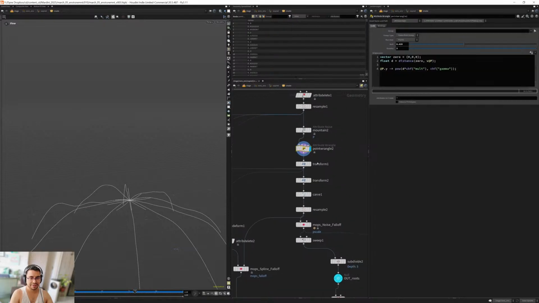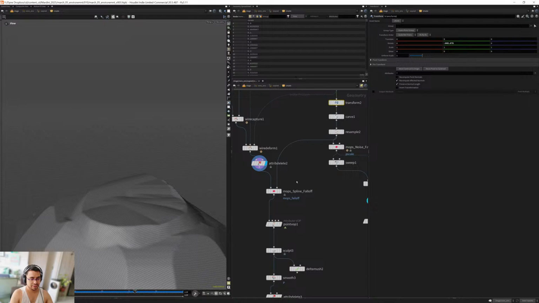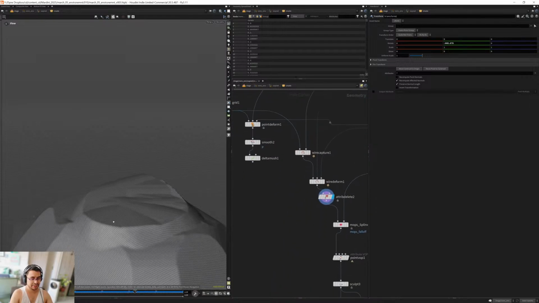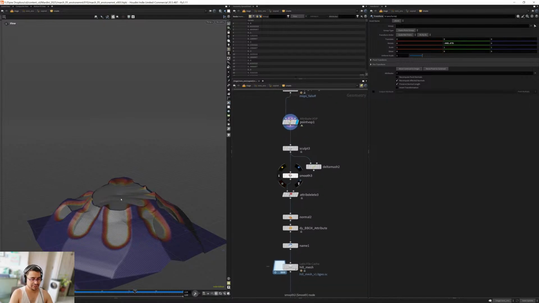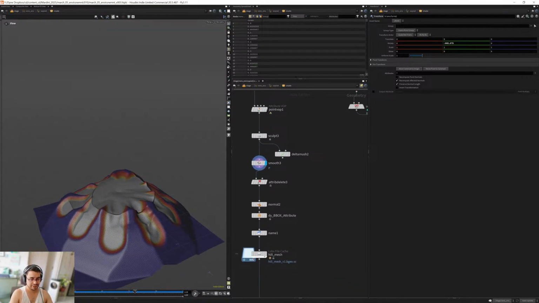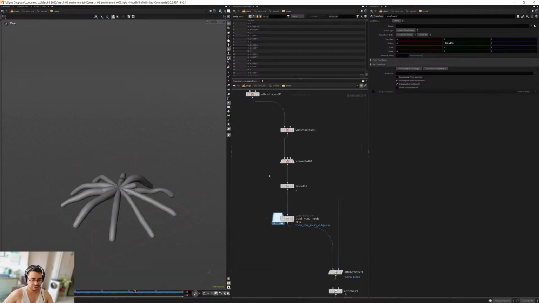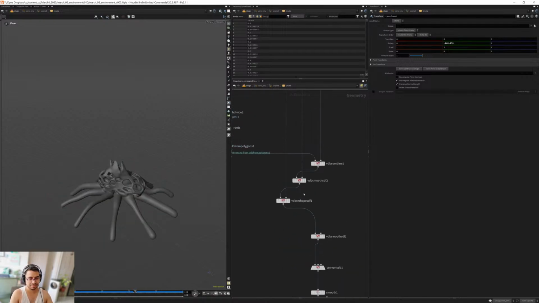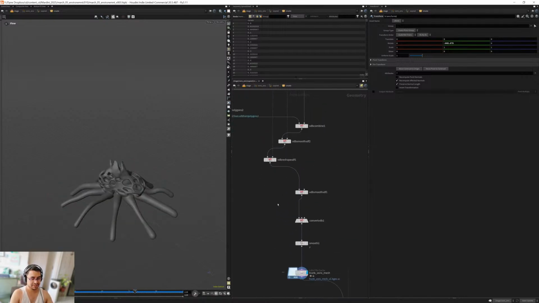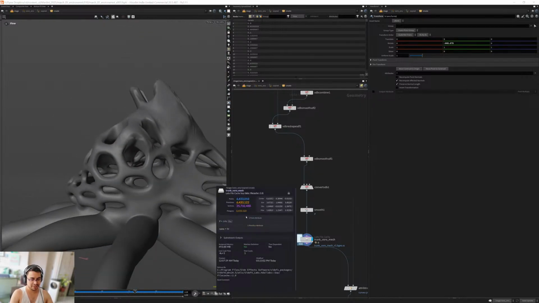I just modify them with a few other nodes. Here, from the same roots, I created the hill or the mountain, which works as a kind of floor of the coral. And after I have my roots, I just combine them with the coral and a few other small modifications and some reshape process, and I ended up with this shape, which yes, has a little bit more than 6 million